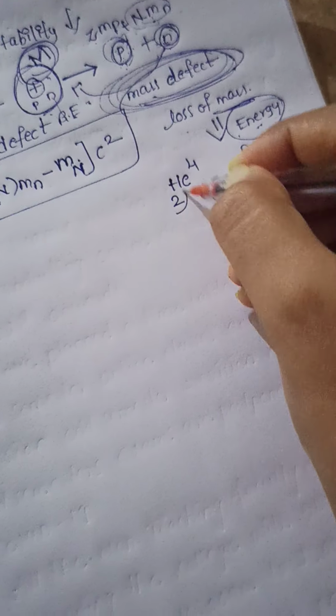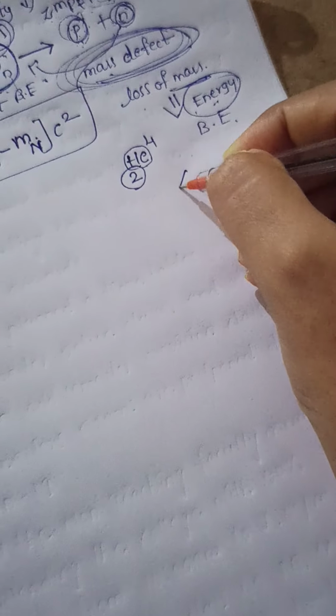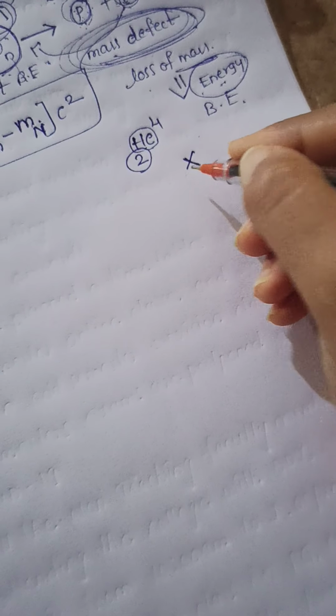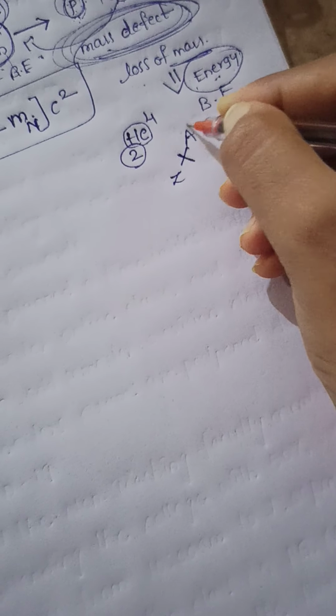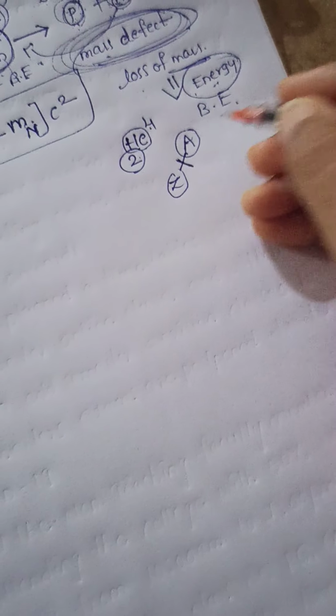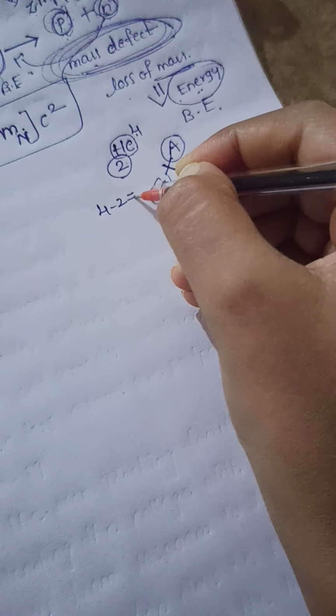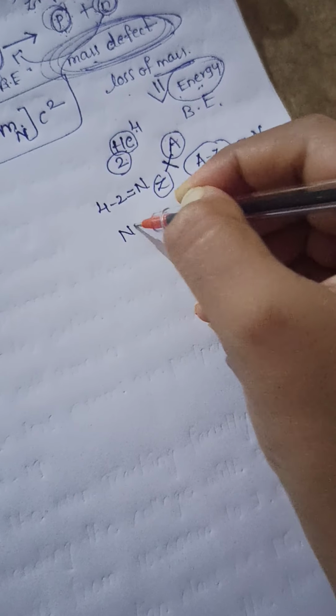Okay, so here the number of protons. Let us consider helium as, for example, some element X, that is X with subscript Z and superscript A. Here A represents the mass number, Z represents the proton number. Now if you take A minus Z, what is the value of A minus Z? It is the number of neutrons. If you take 4 minus 2, you will get the total number of neutrons, that is 2.